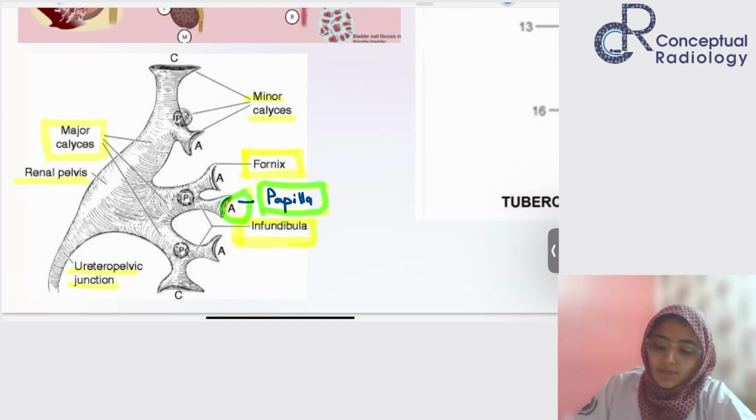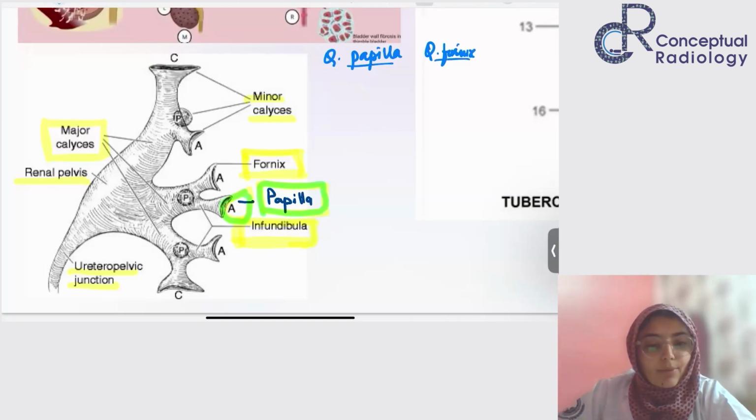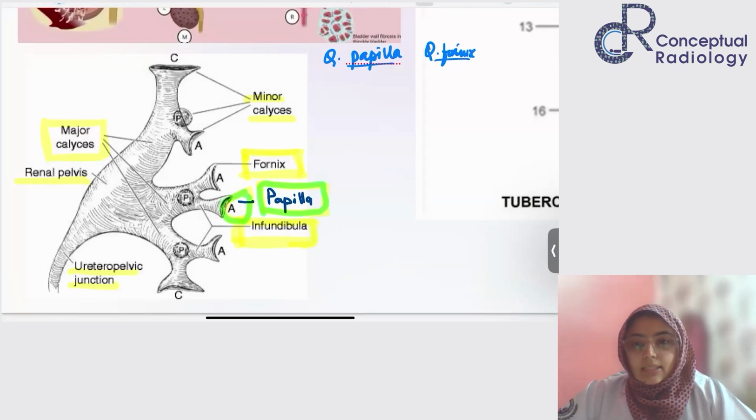Okay, so these are two quick questions. Come on. The more you participate, the more you retain. So papilla is what, and which structure is it a part of, and then comes your fornix. Let's see what you guys have come up with. So papilla, guys, is a part of the parenchyma and fornix is a part of the collecting system,